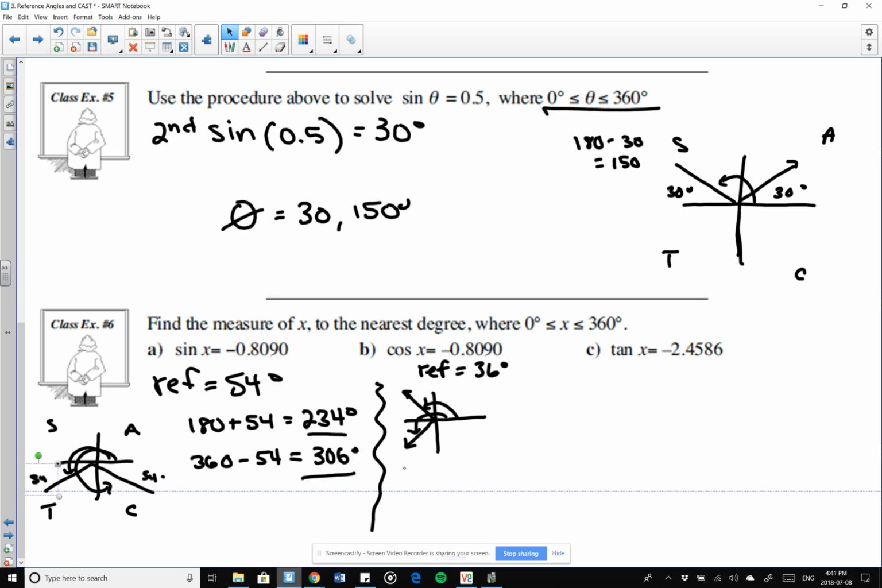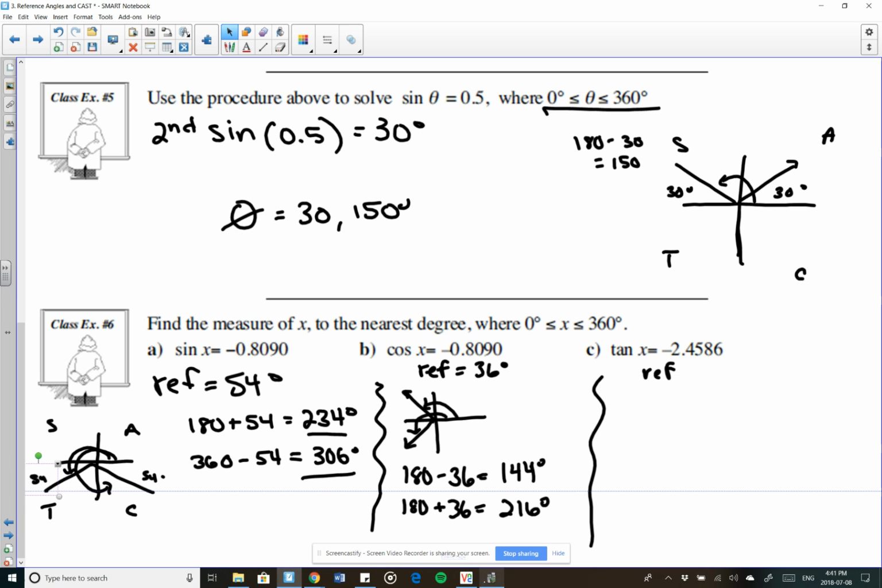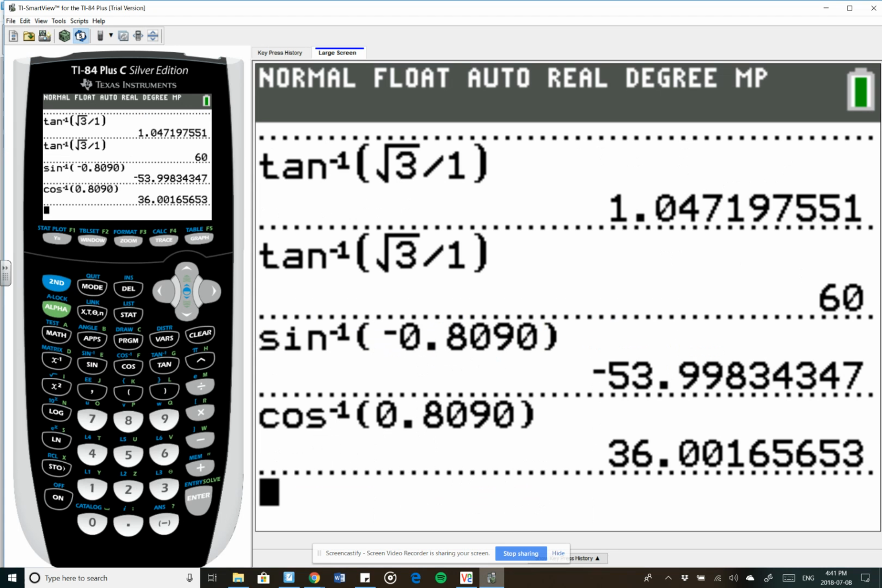So one of them is going to be 180 minus 36, which is 144. Oh, sorry. Yeah, 144. And the other one is going to be 180 plus 36, which gives us an angle of 216. And then for the last one here, same with tan. I just want to go find my reference angle and then use that to find my quadrant. So I have second tan here of